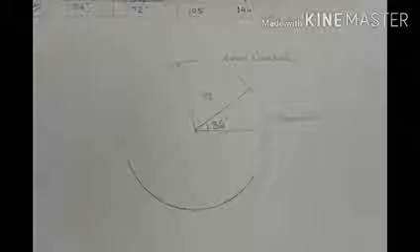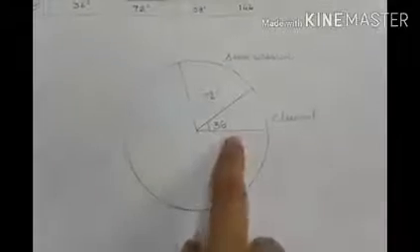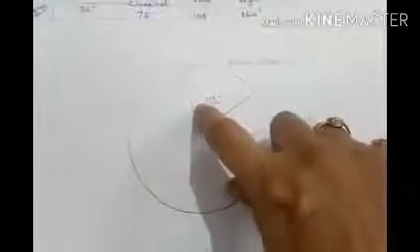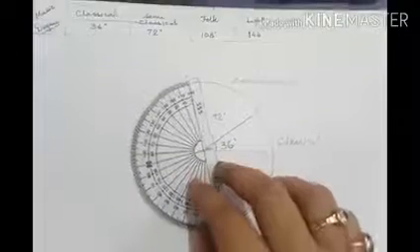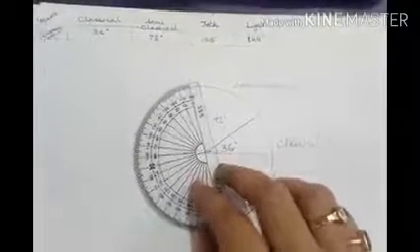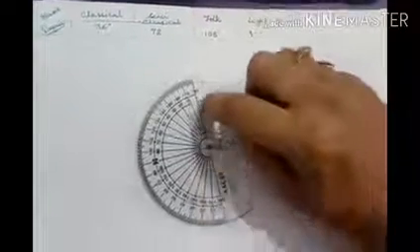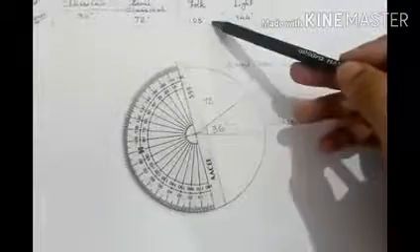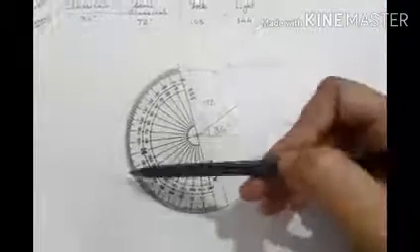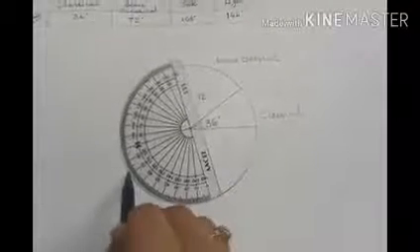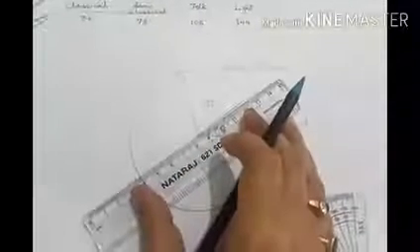Now we got the second radius as well. First one we made, then the second one we got. This is the next one which we got. Now we are going to keep our protractor on this third one which we got just now. Place your protractor nicely. The center should be on the center of the circle and the line should be on the new radius which we got after making 72 degrees. And now we will mark 108 degrees on this protractor. So this is 90, this is 100 and this is 108. So mark 108 degrees and now again we are going to join this to the center.